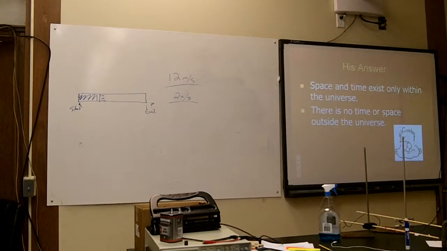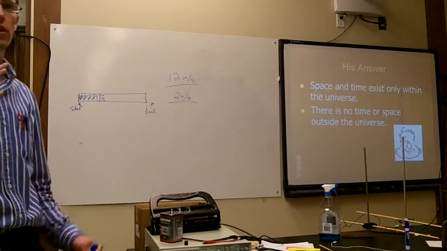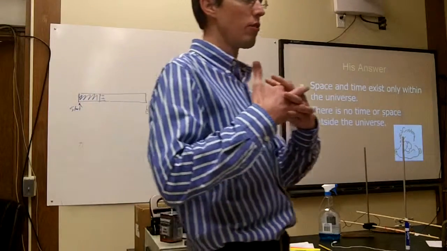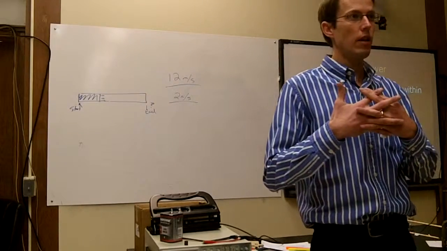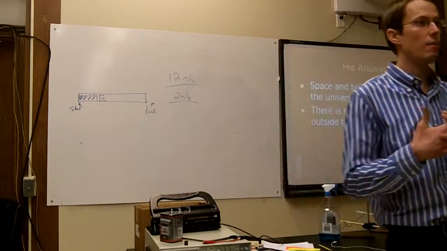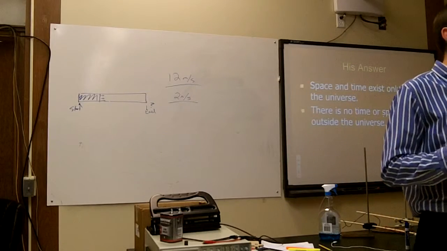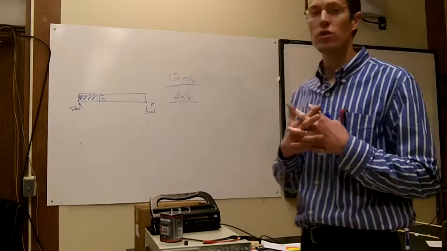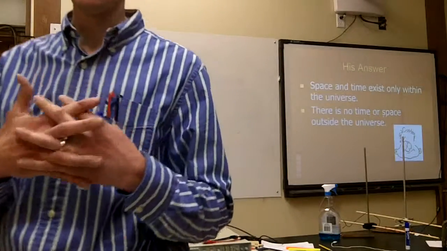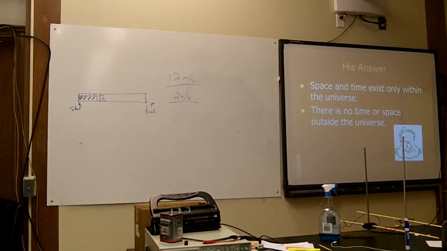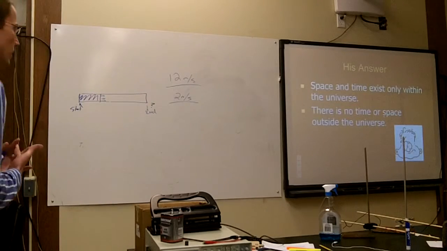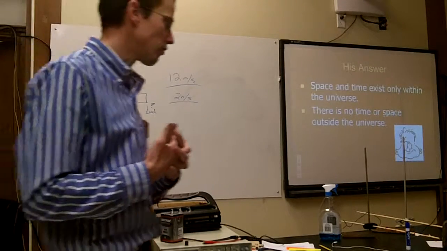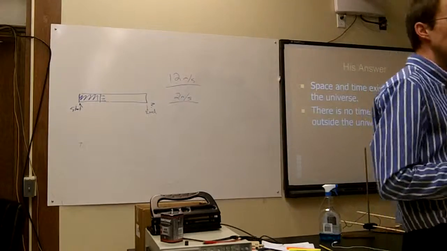Space and time only exist within the construct of each other. What makes up our universe, space and time are both part of that construct. If you don't have space, you don't have time. If you don't have time, you don't have space. Now, this is different than the worldview at the time. Because Einstein, what this was, is really radical. Because at the time,